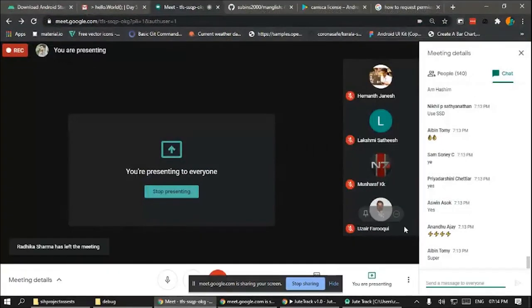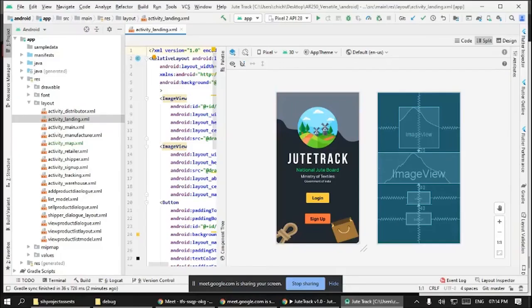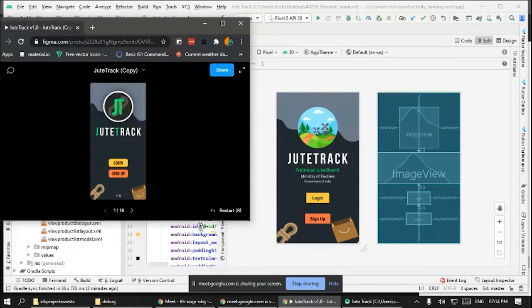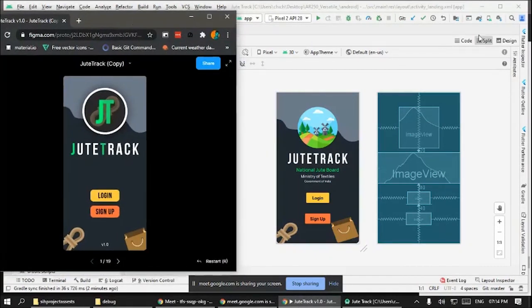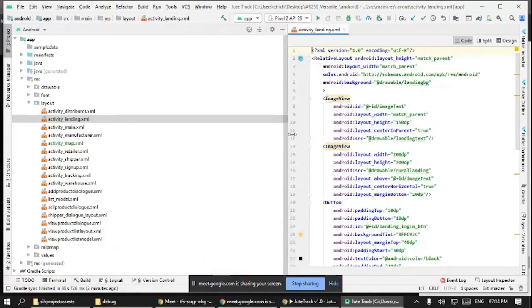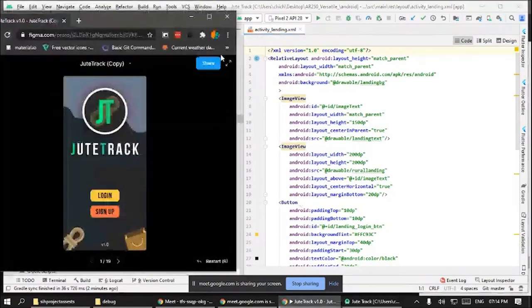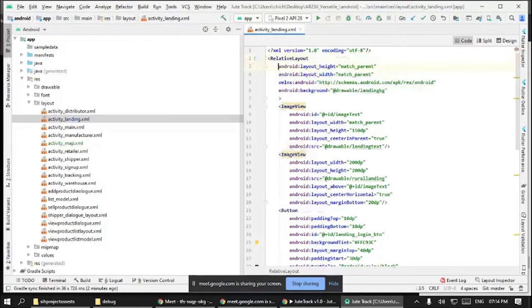So as a developer, you need to replicate this pixel by pixel, I would say. First of all, let's head over to the code and place this here. The first thing you can see in this design is that there are a lot of views on top, here and there. I need to say this view stays here, this view stays here, and these buttons stay at the bottom of the screen. So I use a relative layout.